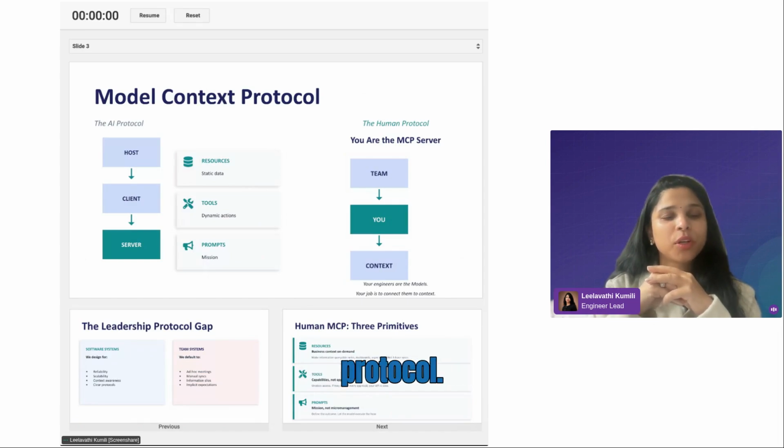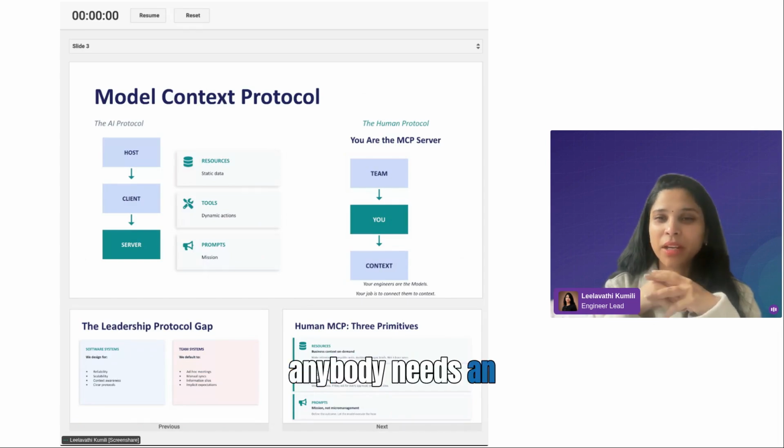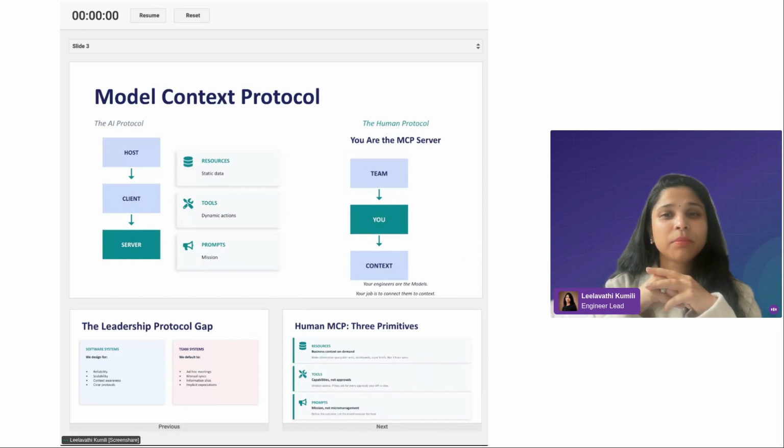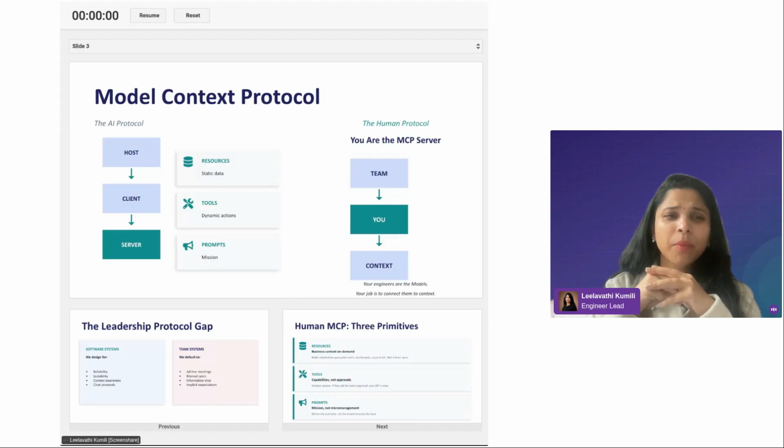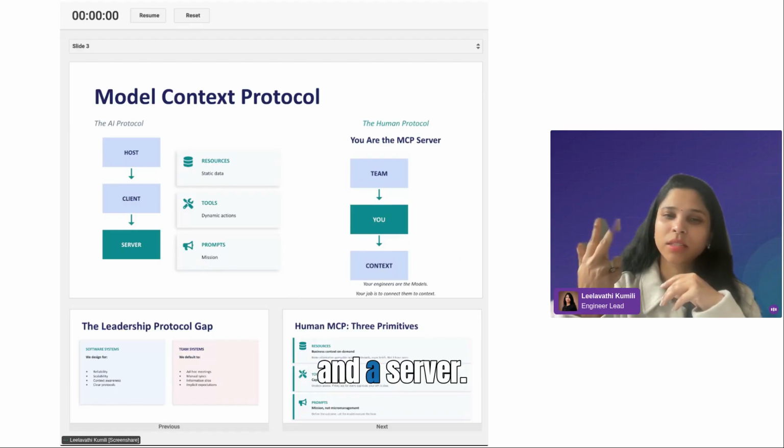Model Context Protocol. I don't think anybody needs an introduction to it. It's one of the most popular open source projects from Anthropic. This is for AI systems. The architecture is very simple. It has 3 components: a host, a client, and a server.